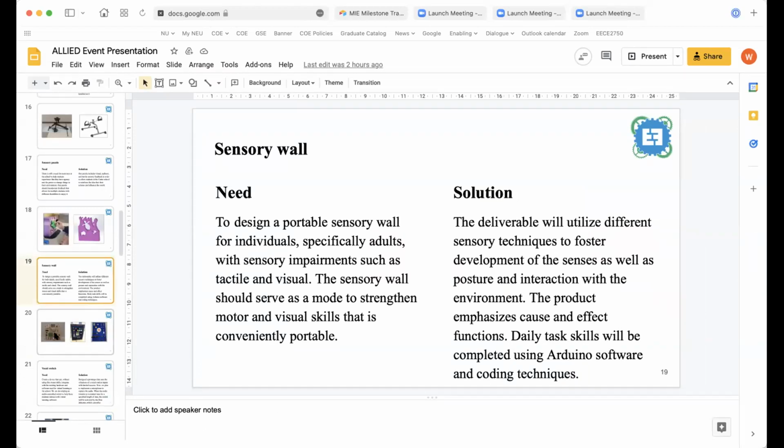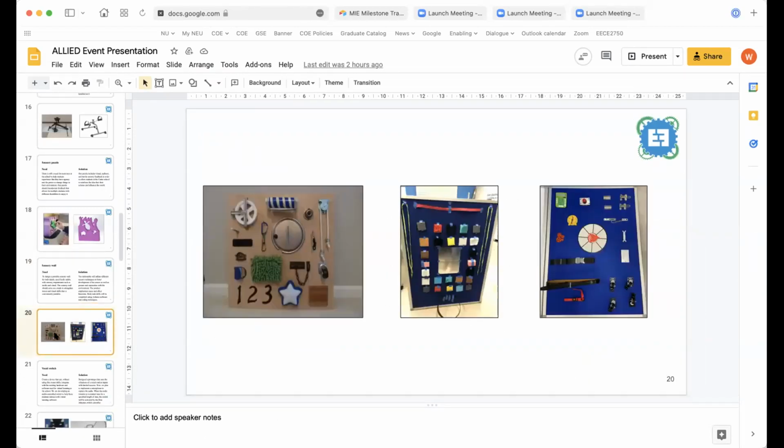Anything else to add? What's the status of this project? They're close. Okay, I'm glad to hear that. I see it sitting in the lab, so I'm glad to hear that. So with a project like this, how